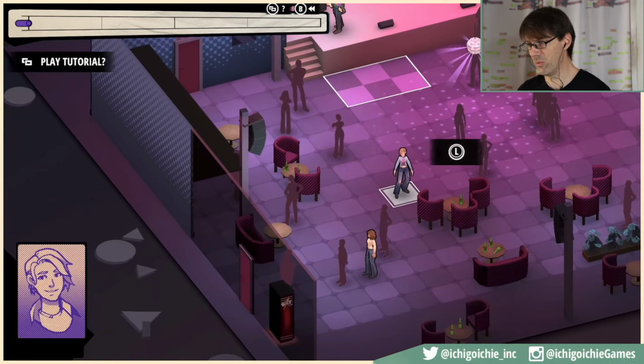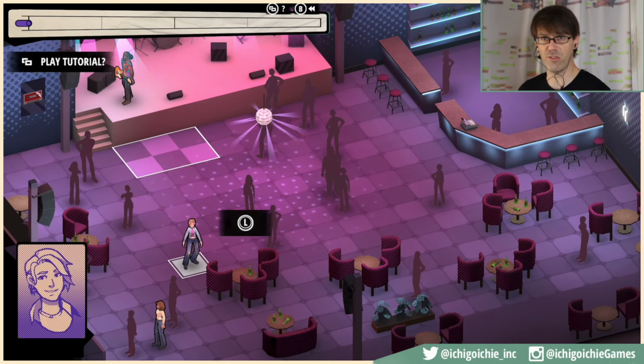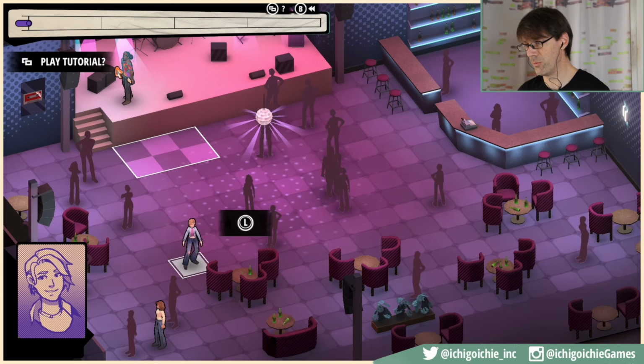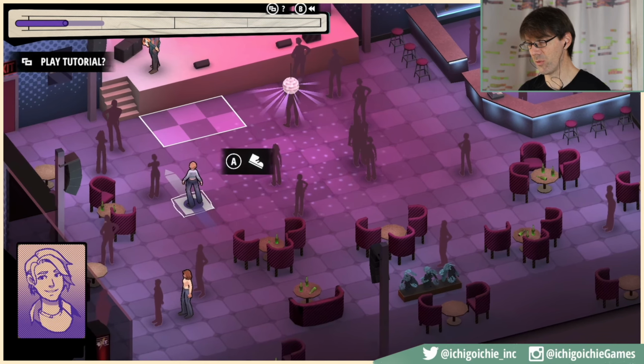And here we have that void around the outside of the level with the circles and triangles. The isometric view in 3D space looks nice, and the tiles are staggered in a way that makes it a bit extra easy with contrast to see which ones you can step on. So when I move a certain direction, I can see which tile I'm going to end up on and how that's going to work.